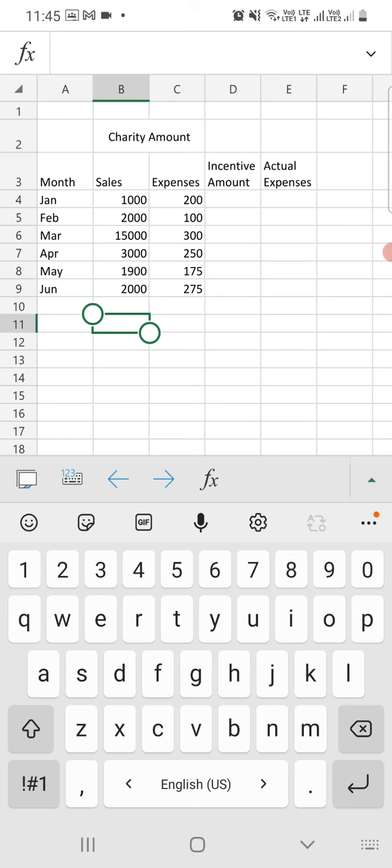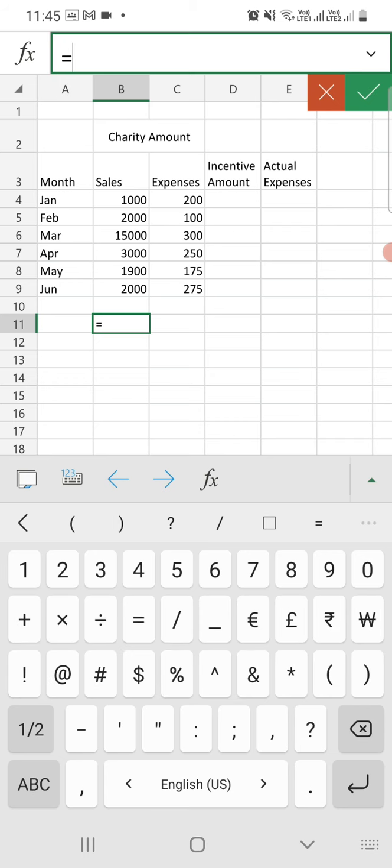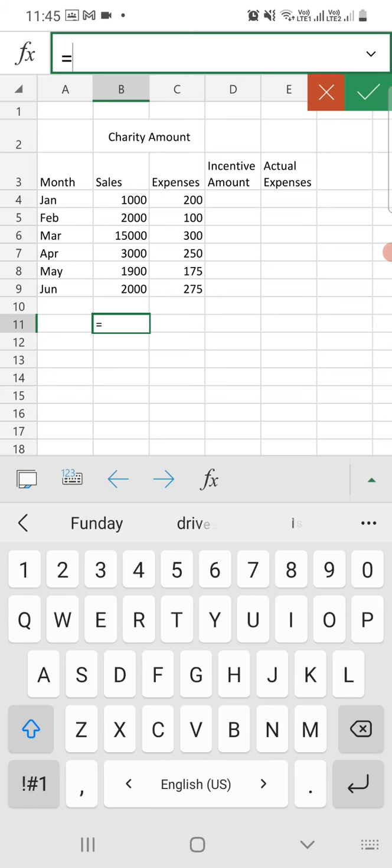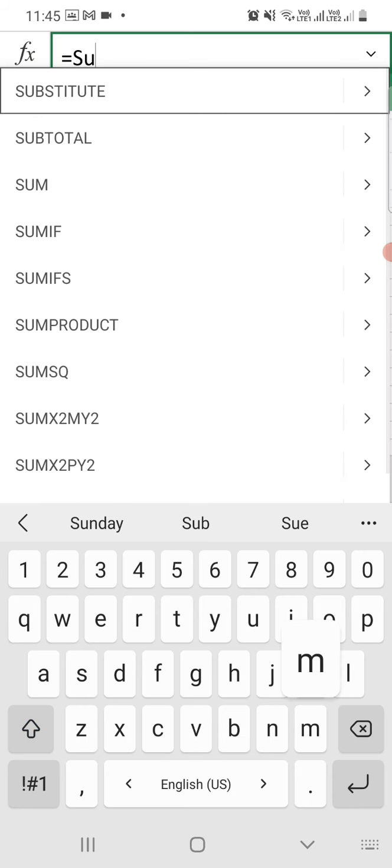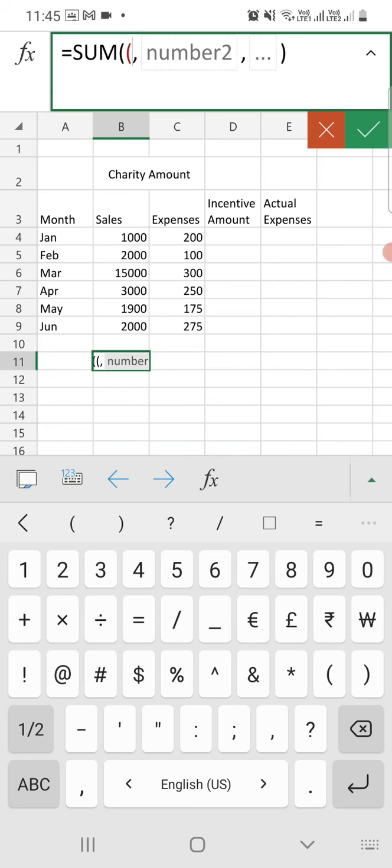Every formula starts with an equal to sign. So just write equal to sum, the function is sum. Here we are using sum function, and then write the cell number within a parenthesis.